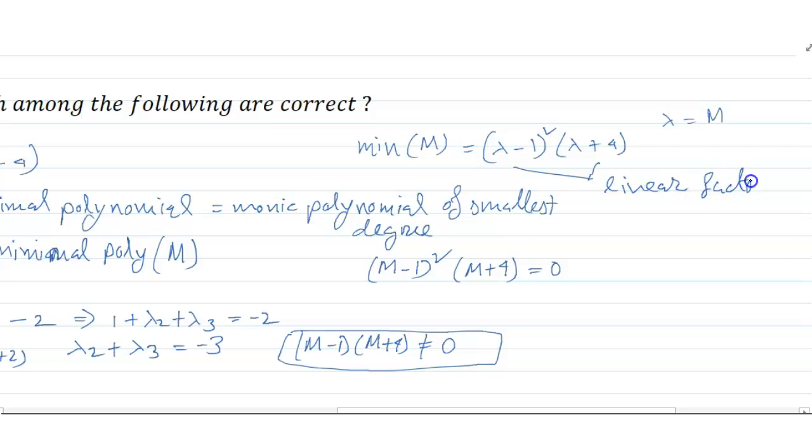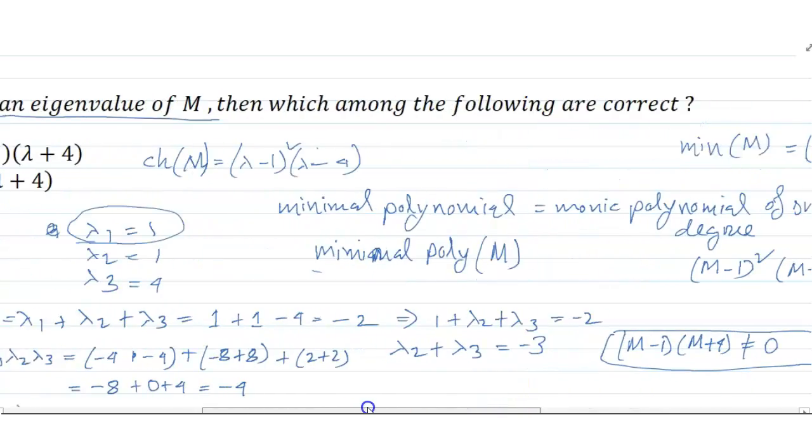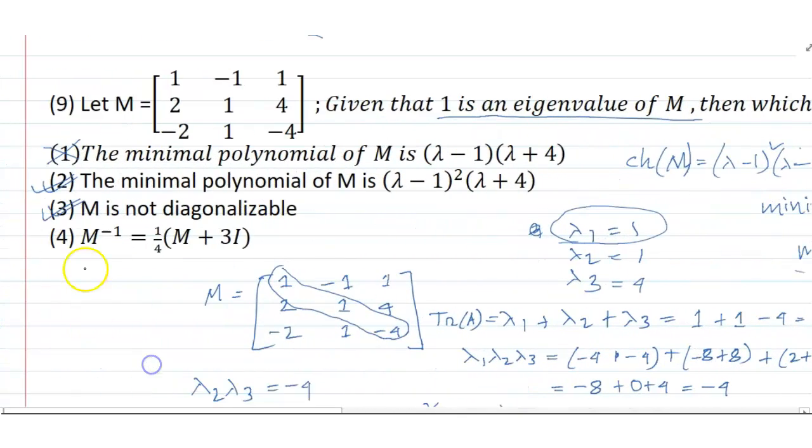If it is a linear factor, then it is diagonalizable, but it is not diagonalizable as it is not a linear factor. So M is not diagonalizable. And number 3,